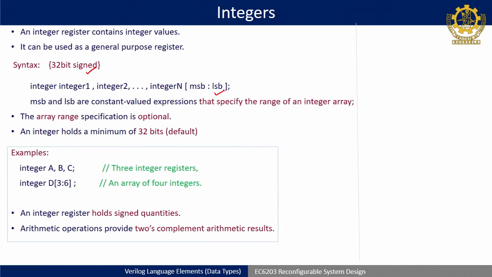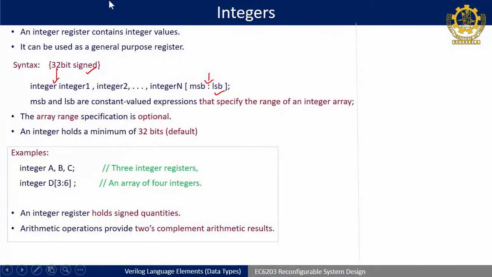I told last class, if you are putting anything here, that refers to the number of bits it is storing, and if you are putting anything here, that refers to the memory locations. Okay. So, this syntax shows that integer can also be used as a memory, and by default it is going to save 32 bits of data. So, we do not write anything here. If you want to design one register, you can directly use integer, provided the difference between integer and register is that integer is signed whereas register is unsigned.